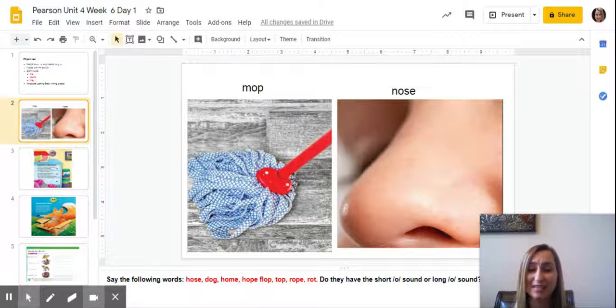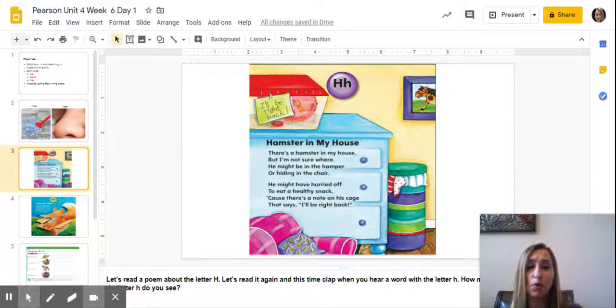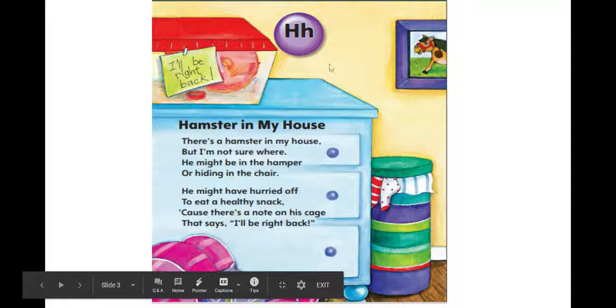Okay, very well. If you notice, the nose has the OE pattern. When it's going to say the O sound, you know it's going to have a magic E at the end. Next, we're going to be looking at our poem. We're going to be looking at words with the letter H by reading a poem that is called